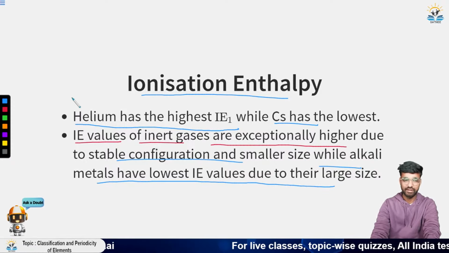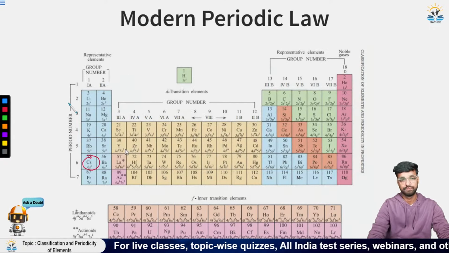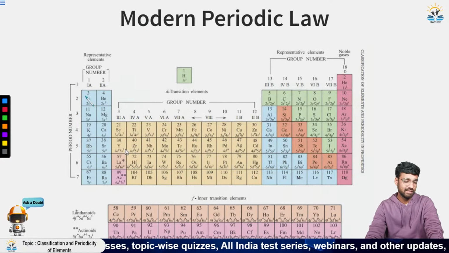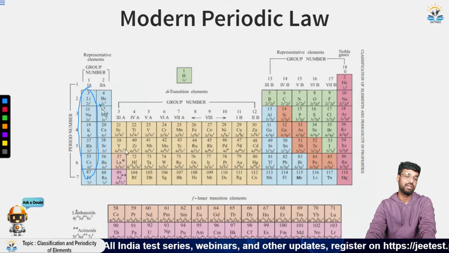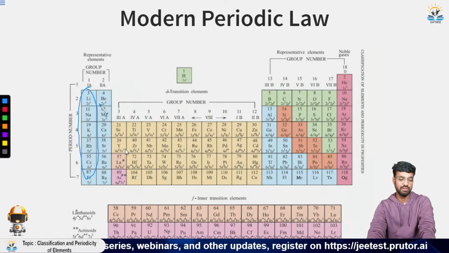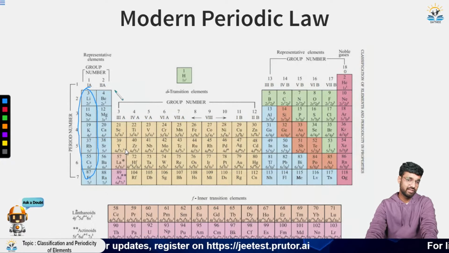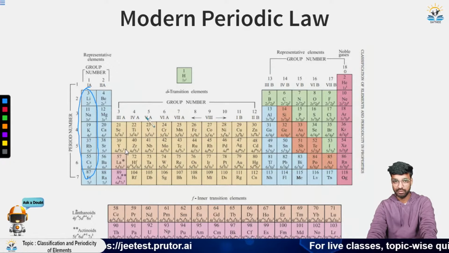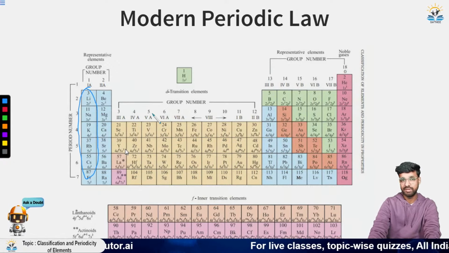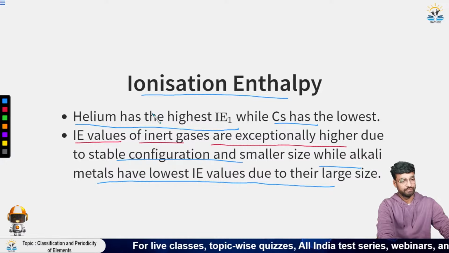So, if you look at the left side of this periodic table, you can see very well that it has only one electron that should be removed, and after that it will go to a stable electronic configuration. Due to this reason, these elements have the smallest ionization enthalpy as compared to other groups like alkaline metals, transition metals or p block elements. Okay, now